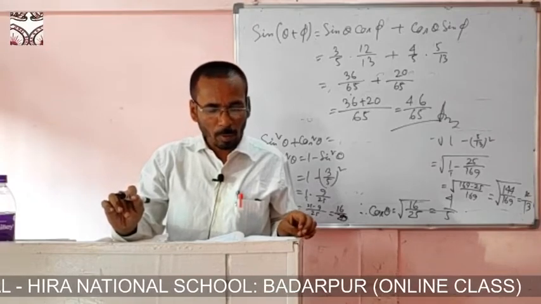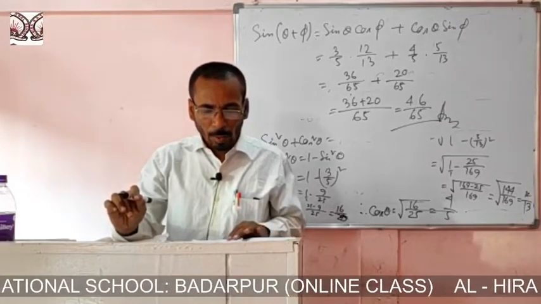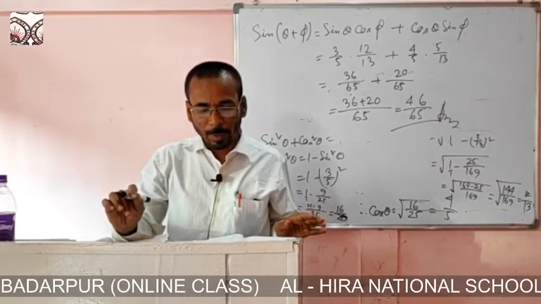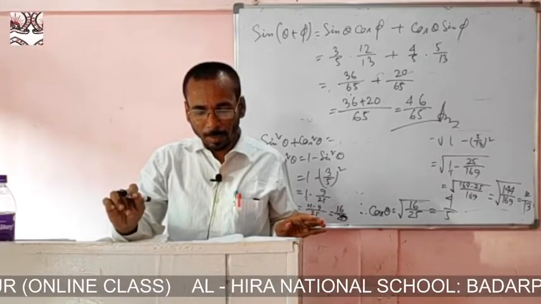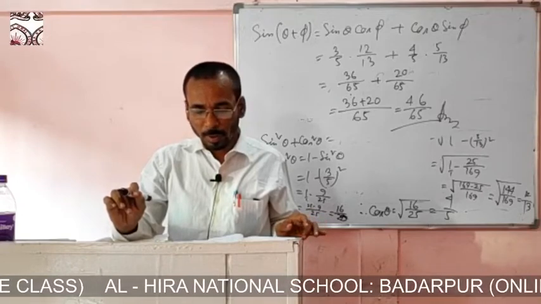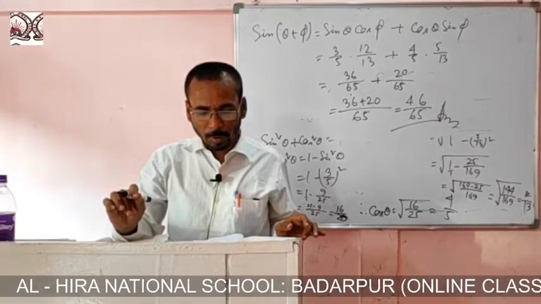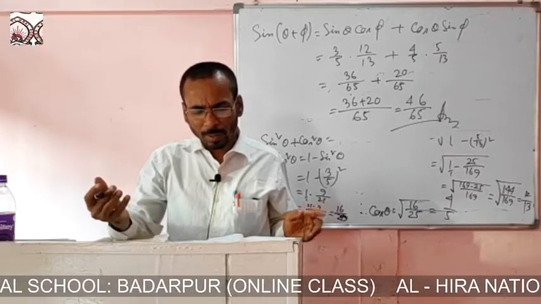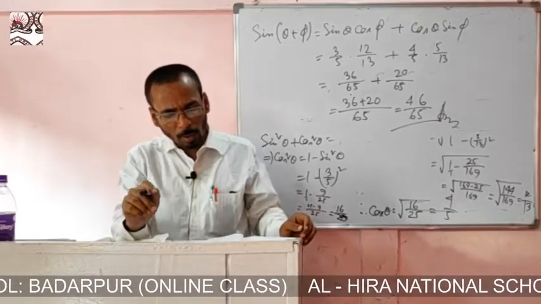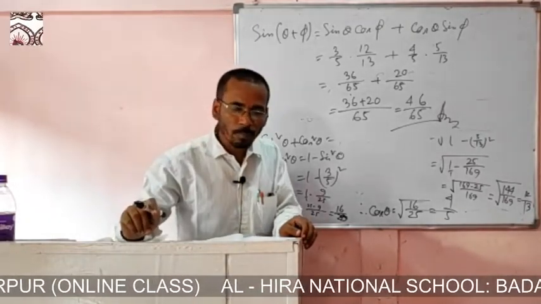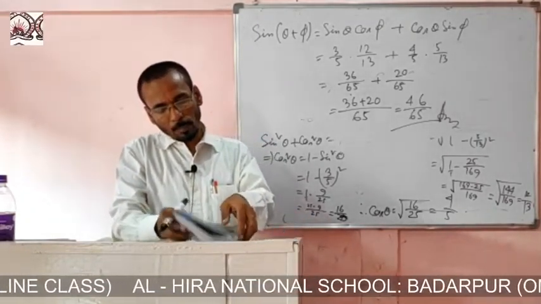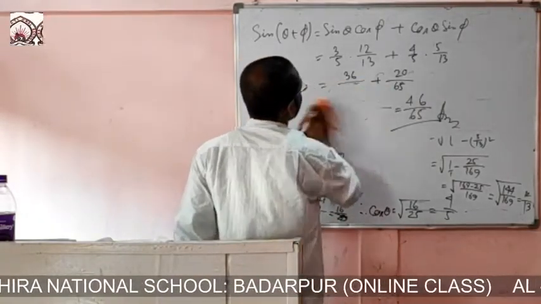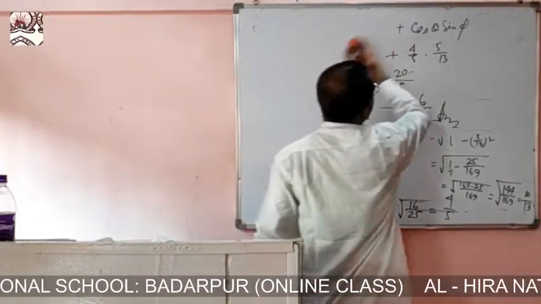Number 4 you can do like this. Number 5 is sin A minus B by cos A cos B plus sin B minus C by cos B cos C plus sin C minus A by cos C cos A is equal to 0. This is also done just by writing the formula, even though I am doing this one. Number 5 is, you see the question.